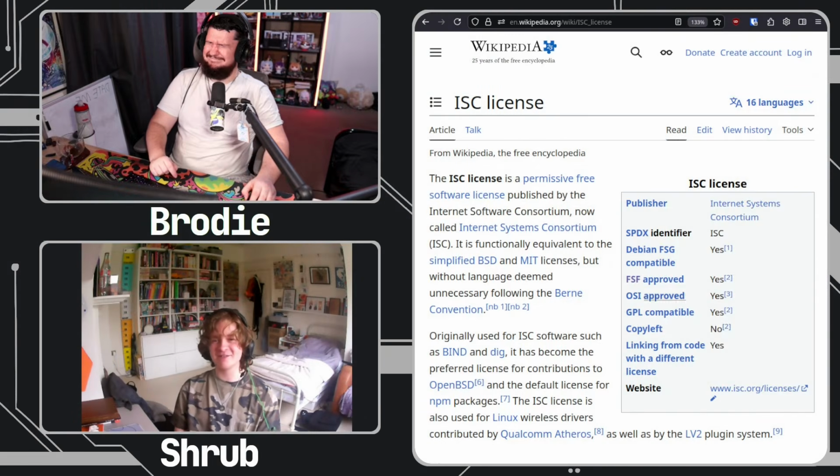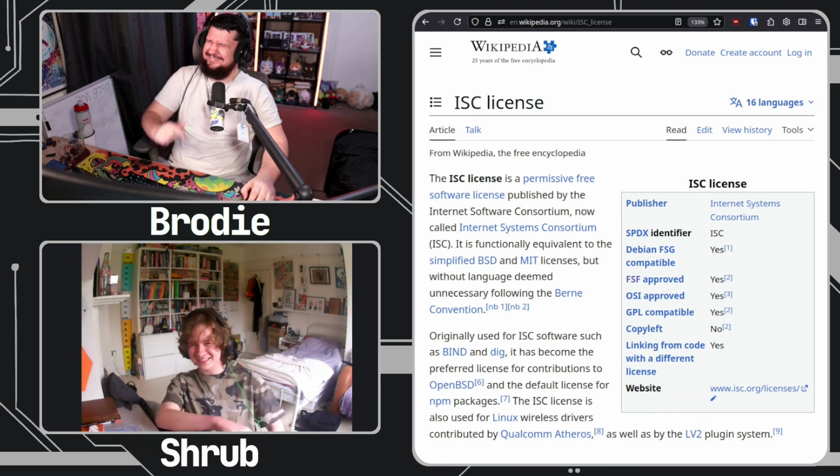What is your go-to license? ISC or just nothing. Okay. Because I don't hear much about ISC. That's a fun choice. For anyone who doesn't know, that is the license that sudo uses, I believe. Really? I didn't know that. Now you do. I chose it because it's like MIT but with fewer words, and the fewer words the better, right? Yeah, fair enough. Also, I think ISC sounds nicer to say than MIT, or it looks nicer on a screen. That was also a very important consideration when choosing a license.